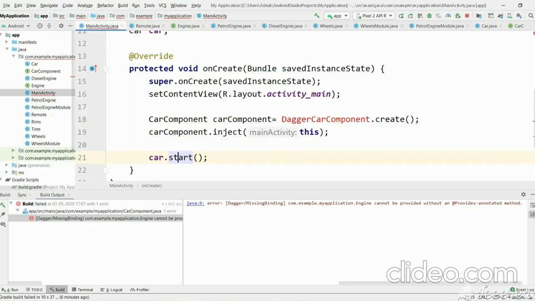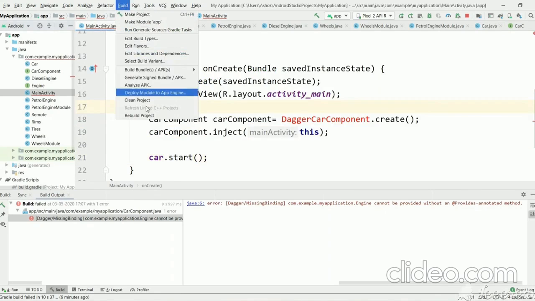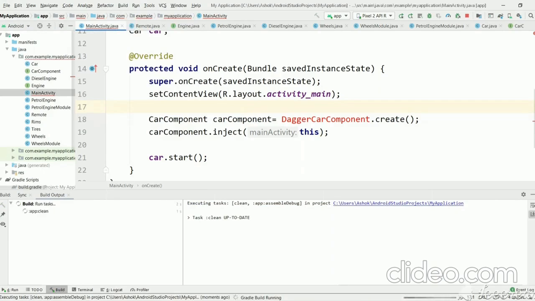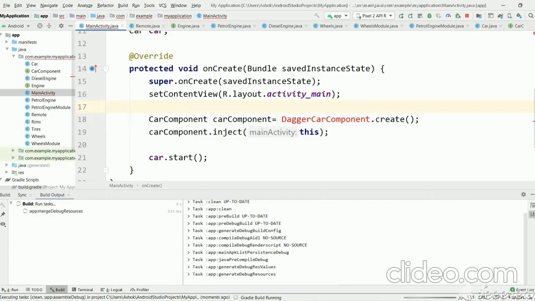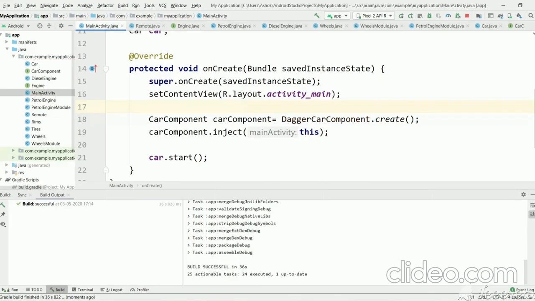And let's come to main activity. Before this, we have made changes in car component. Let's build it in order to create the new Dagger component implementation. So successfully built.